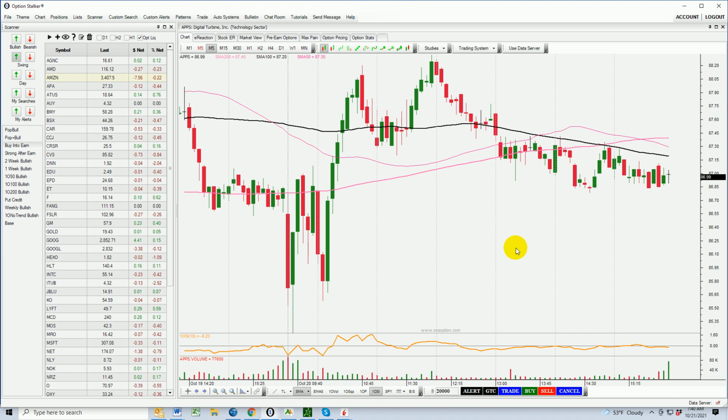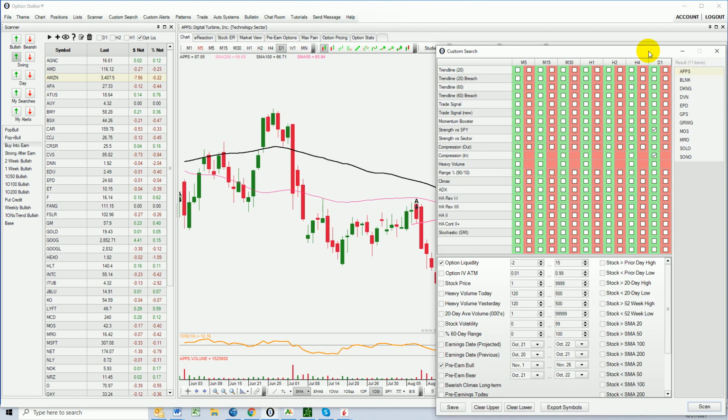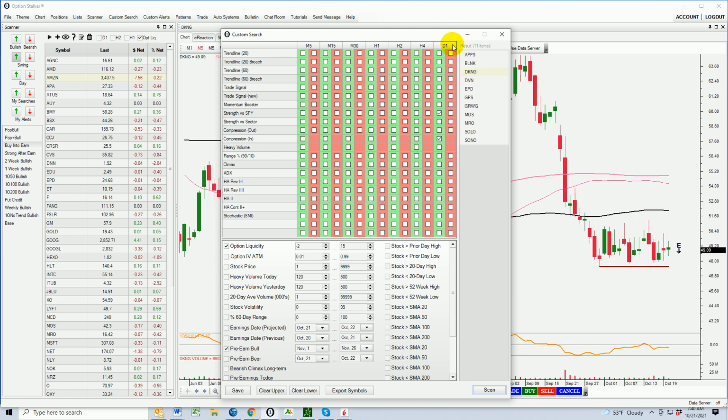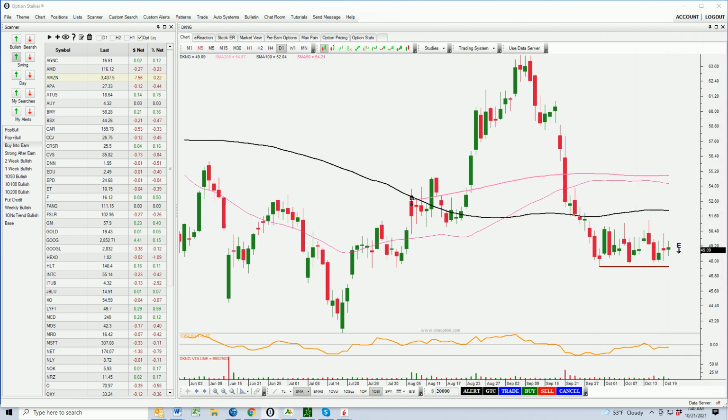I like selling the 80-79 bullish put spread for a 20-cent credit. That's the premise that we're going to use for some of the other stocks that we're going to take a look at. I like APPS. I'm going to show you one. These are all actually pretty decent candidates, but some of the stocks are a little bit too strong. This is a little bit riskier play because I don't typically like to take bullish positions on a weak stock